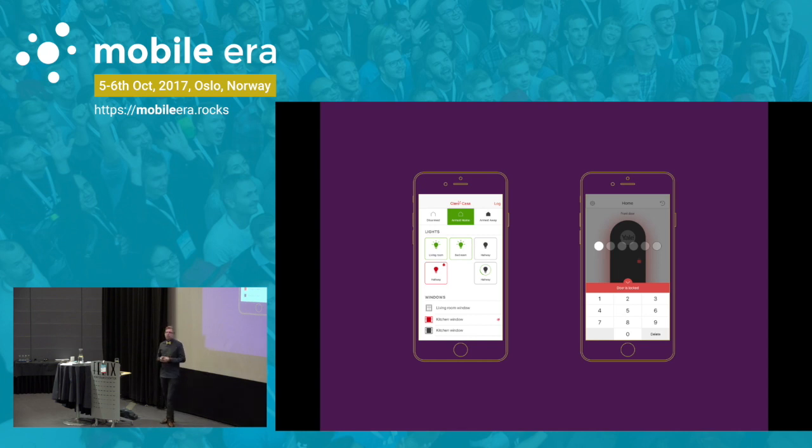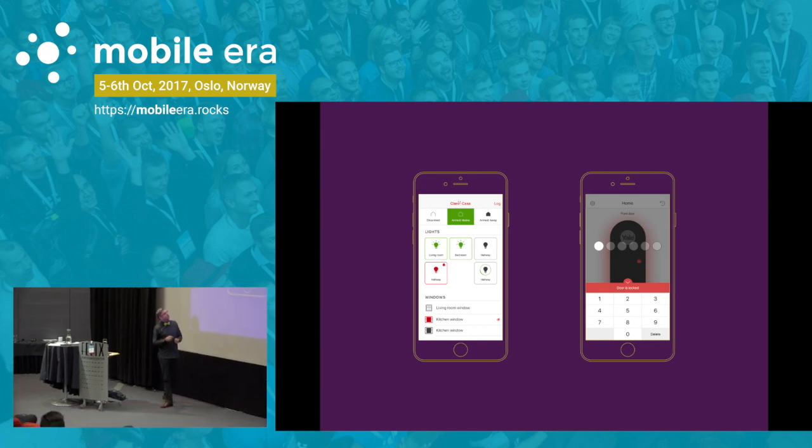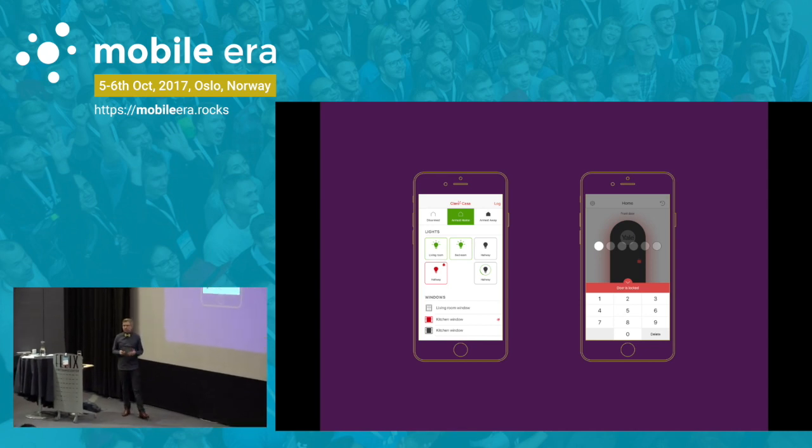There are some interesting problems when you are doing apps that need to talk with real hardware and not just the server. One of the apps we did was an alarm control app where you can control your alarm system with your phone. It's pretty convenient because you can see if your windows are closed. If you leave home, you can just go to the bus and wonder, did I forget to close my window?